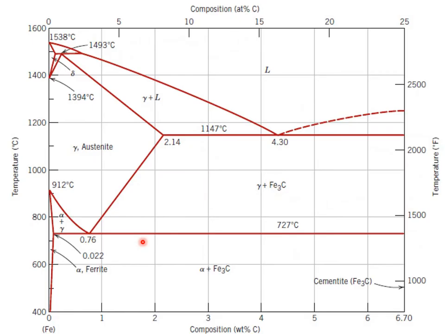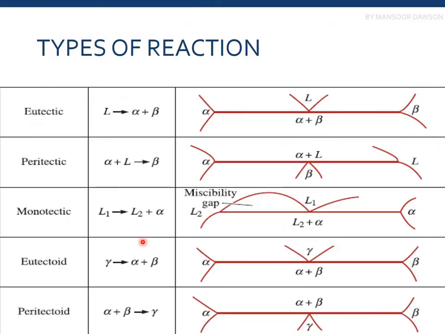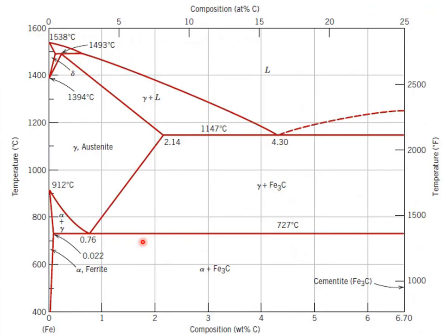So this is a particular iron carbon diagram in which you can see that iron is the solvent in which carbon is being dissolved, which is a solute. This diagram is up to 6.7% of carbon. In this diagram we can see several phases. First of all, the liquid phase, you can see here in this area, this is all the liquid phase.